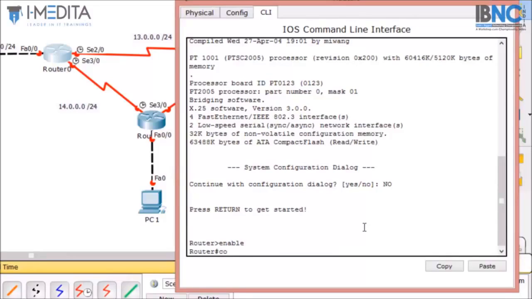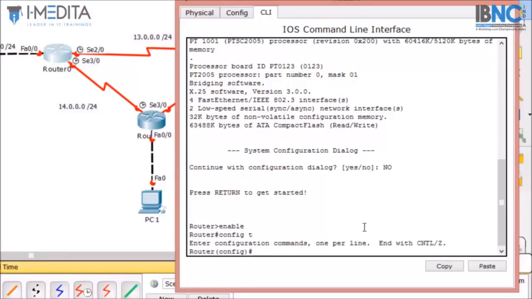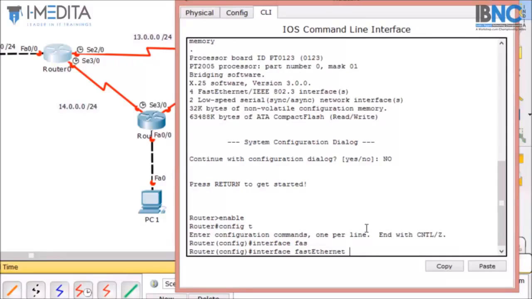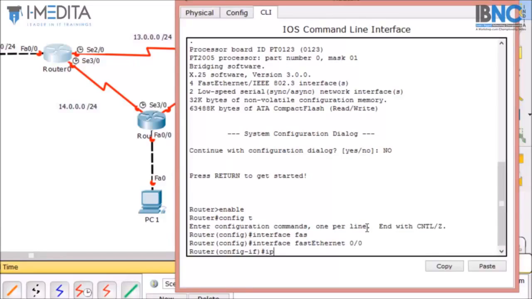Then we will go to the configuration mode, config T, then hit enter. Then we will go to the respective port. For example, if I want to configure fast Ethernet 0/0 port, then I will type in interface fast Ethernet 0/0 and hit enter. And then we will configure the IP address